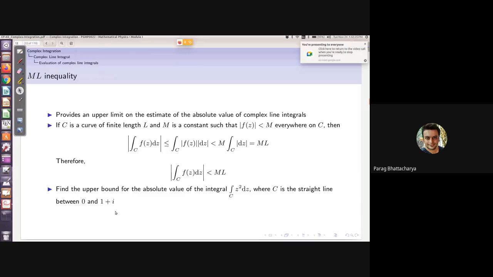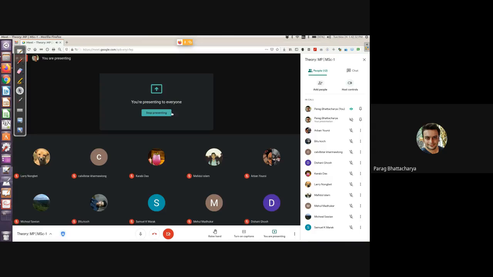So I'm going to stop here. It's 1:40. The reason I'm stopping is that today is a day of many meetings, and I have one more meeting to attend. So I'll stop here with the ML inequality. Next class we'll look at